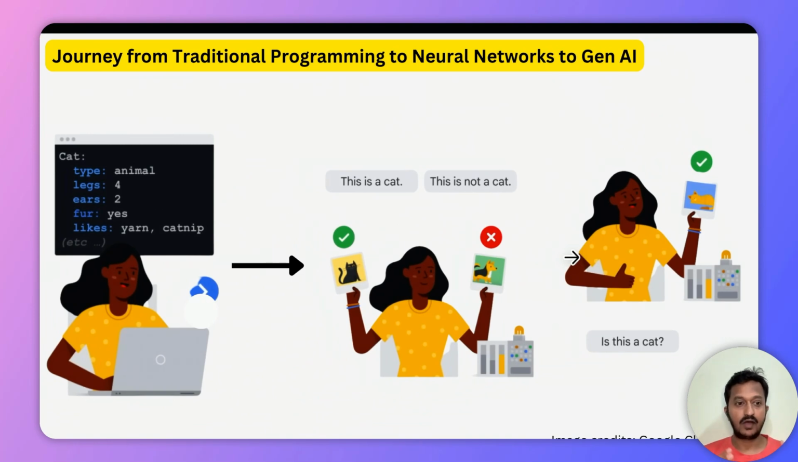So that's how it started, right? We used to hard code everything in an application. Type is cat, type is animal, legs four, ears two, likes yarn, catnip. But then